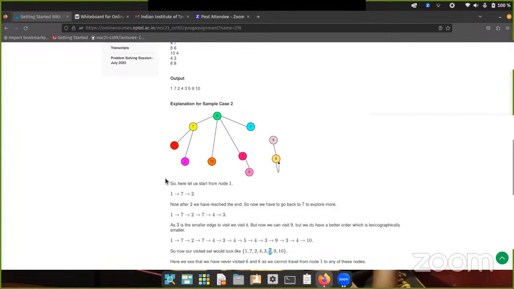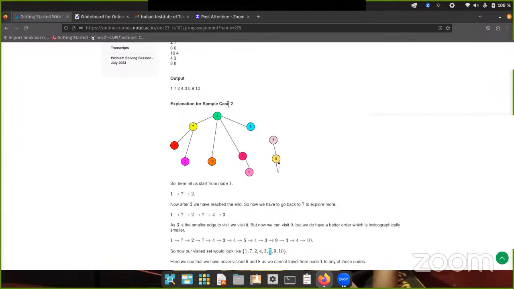Exactly. Numbers need not be written in strictly ascending order, but the traversal must be valid. We can't write 1, 2 here because it doesn't make sense; we can't go from 1 to 2 directly. We have to go from 1 to 7, then 7 to 2. Then we can go from 2 to 7, 7 to 4, 4 to 10, and then again 4 to 3. Now as we can visit 5 before 9, we have to visit 5.